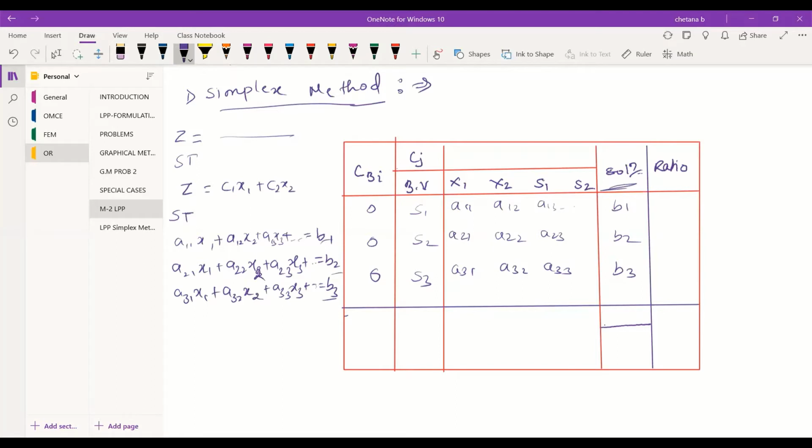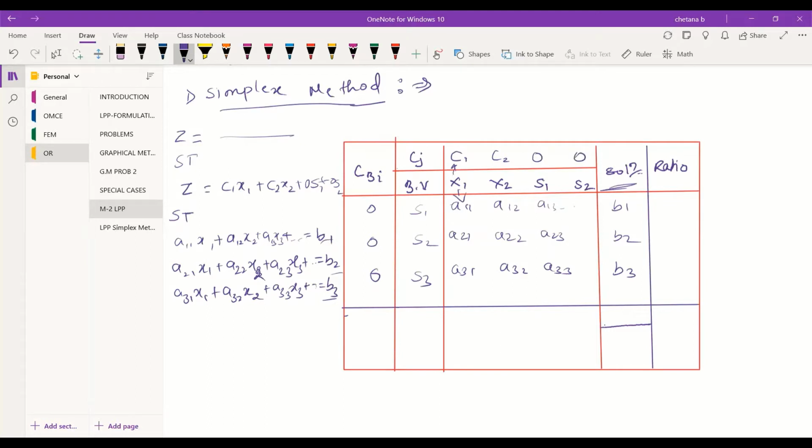Okay, and these coefficients of x1, x2, x3, whatever they are, are the coefficients related to the constraint part, and they are also related to the objective function coefficients. Here we write C1, C2, and for the coefficient of S1 we need to balance, so we always take it as 0 S1, 0 S2, like this.